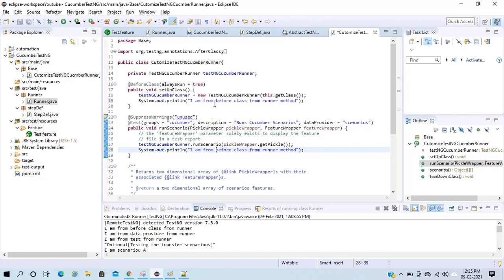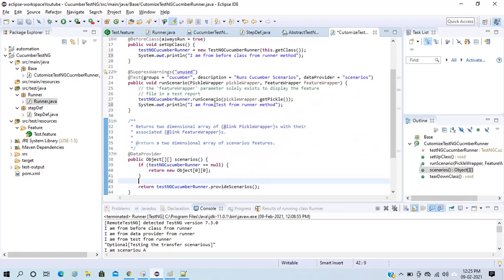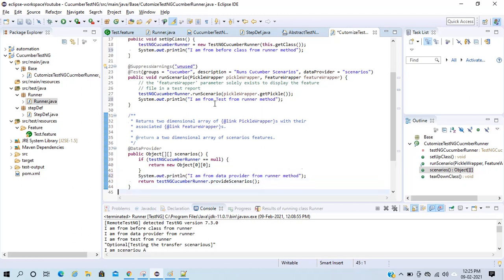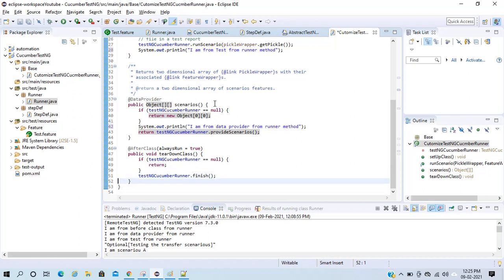I'm from test from runner method, and the same thing for data provider: I'm from data provider from runner method, and same for my after class: I'm from after class from runner method.